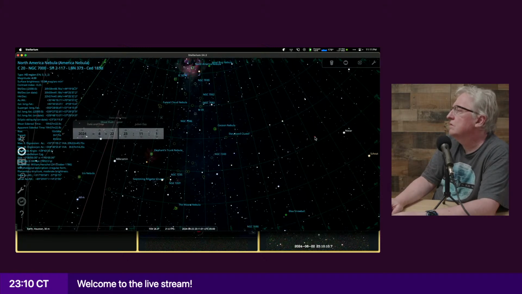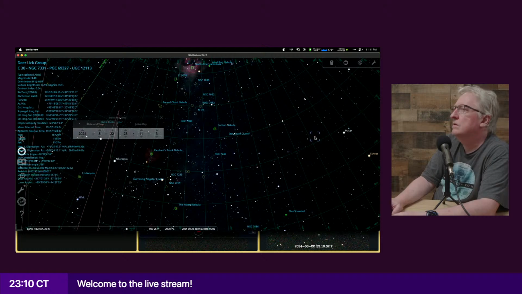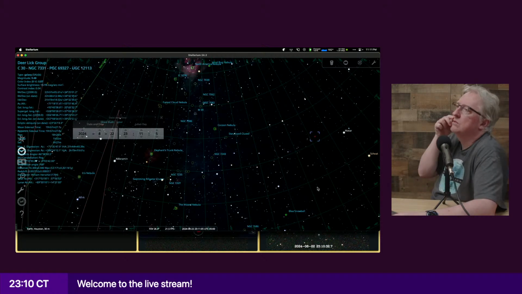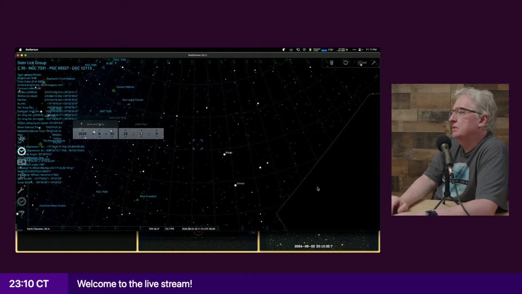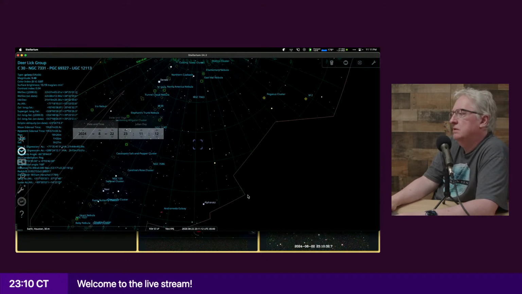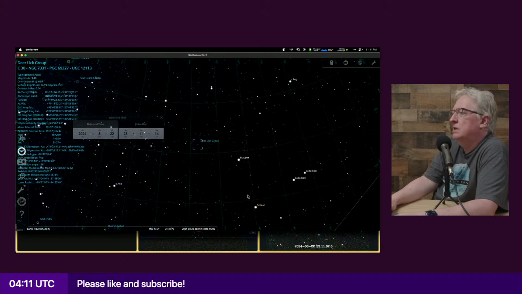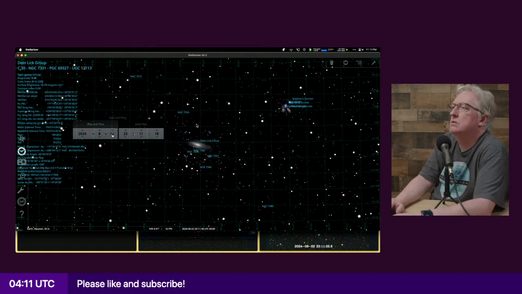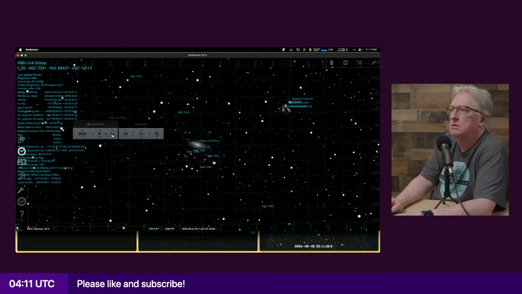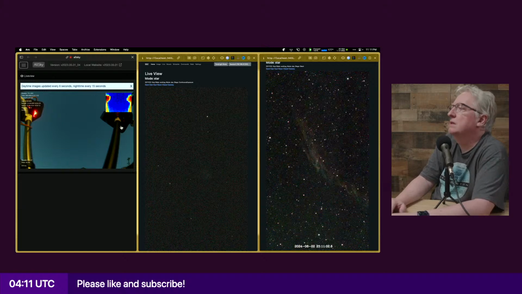Which one is this? Oh, that's the Deerlick group. Maybe I do that one. That's a galaxy cluster. Yeah, let's do the Deerlick group. I'll do NGC 7331. Okay.